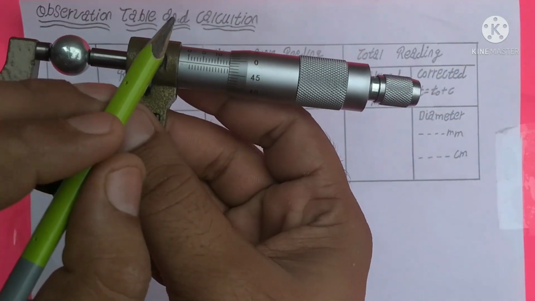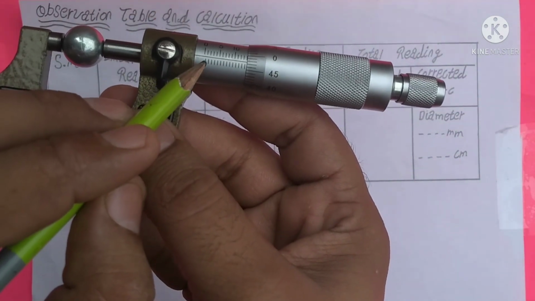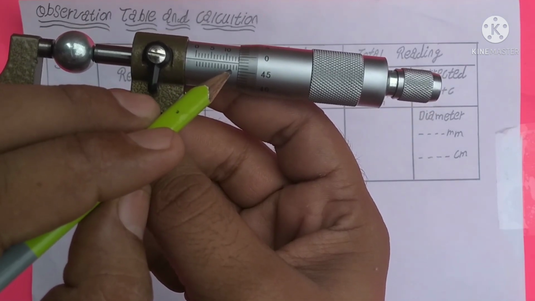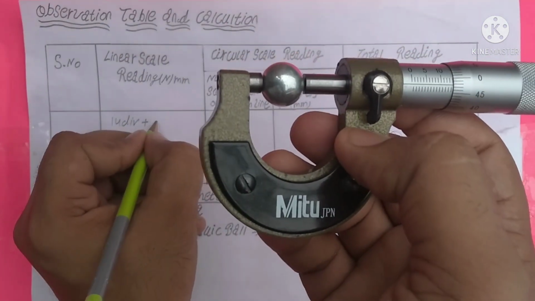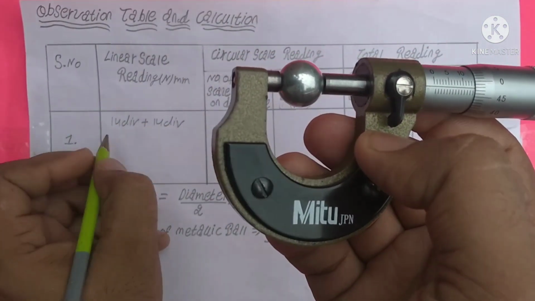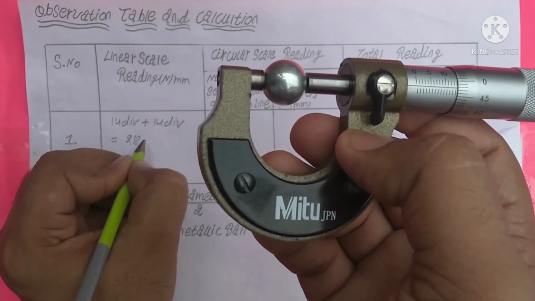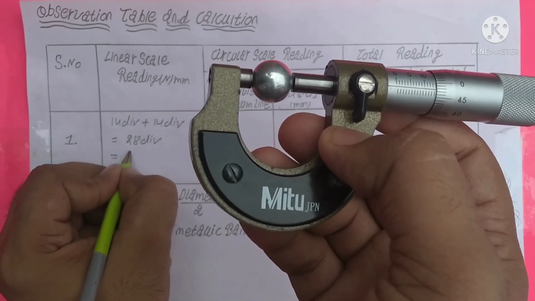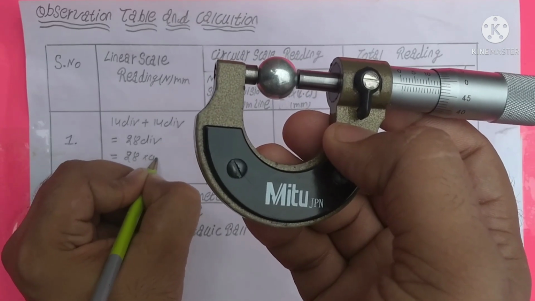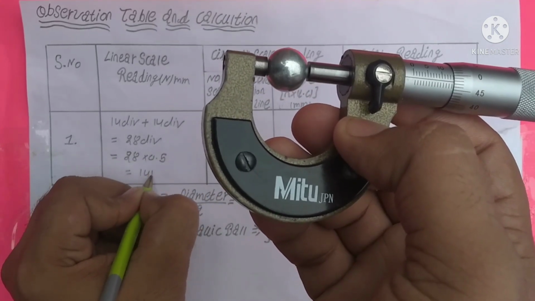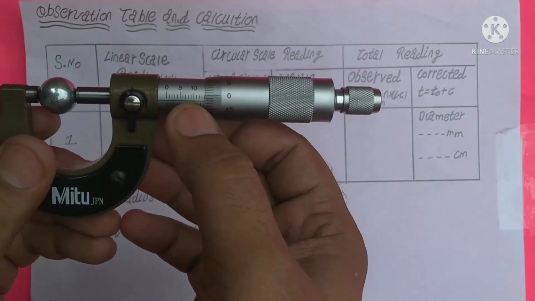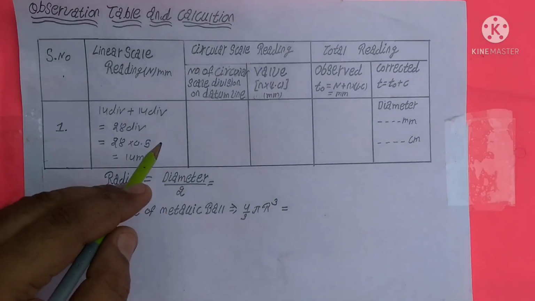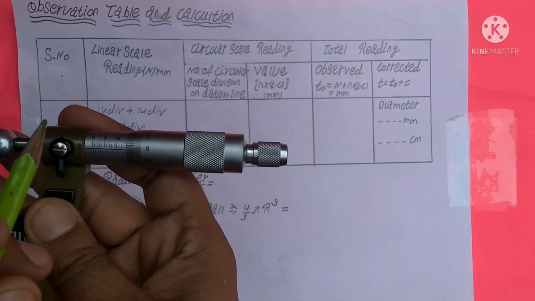plus note down the divisions on the downside of the reference line. So 1, 2, 3, 4, 5, 6, 7, 8, 9, 10, 11, 12, 13 and 14, and 14 divisions just downside the reference line. The total divisions on the main scale is 28, but the value of each division is 0.5, and multiplying with 0.5, the result comes out to be 14 mm. So it means our circular scale has moved 14 mm backward. So this is our main scale reading, and next we calculate the circular scale reading.